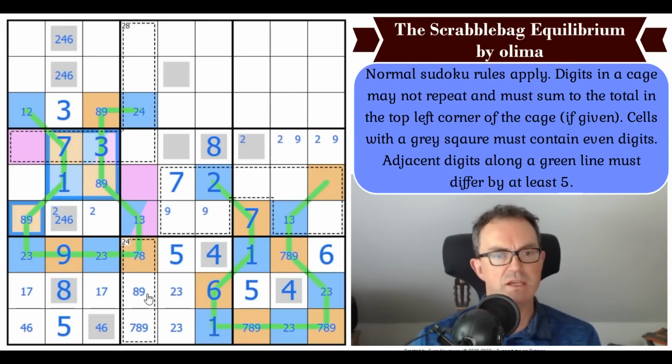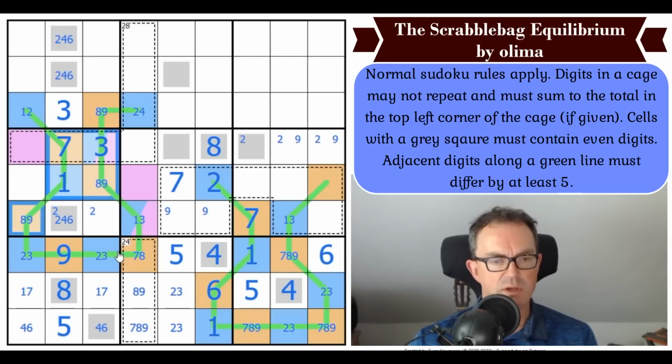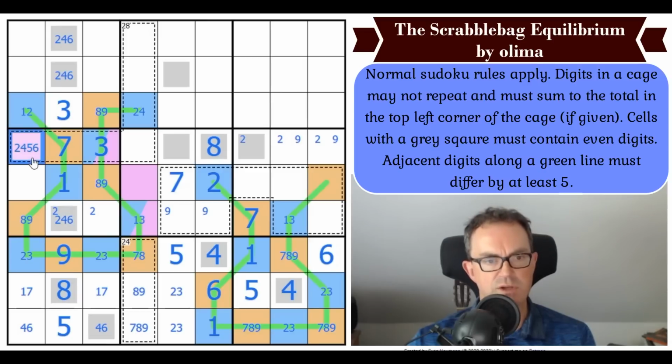So let's have a think about that in the context of what we've got left to place. We've got 2, 4, 6, 2, 4, 5 and 6 to place. So this digit is 2, 4, 5 or 6, but it's not 2 because it would have to then go here, because it couldn't go here and it would see this 2. If it's 4, it has to go here, and that would seem possible. If it's 5, it goes here, and that would seem...